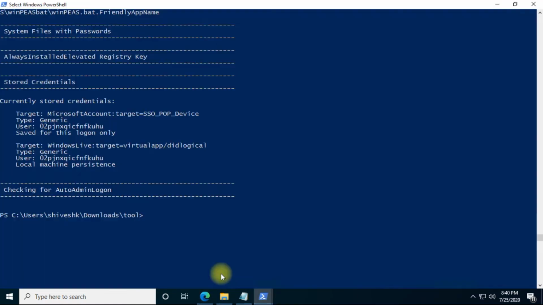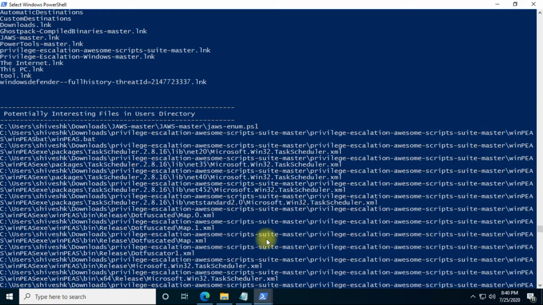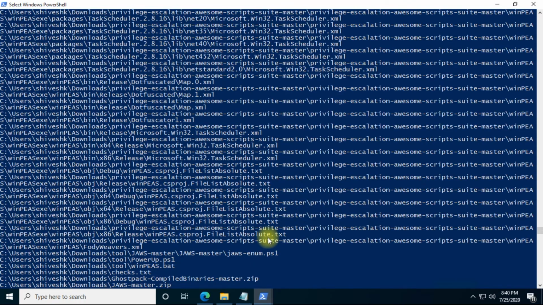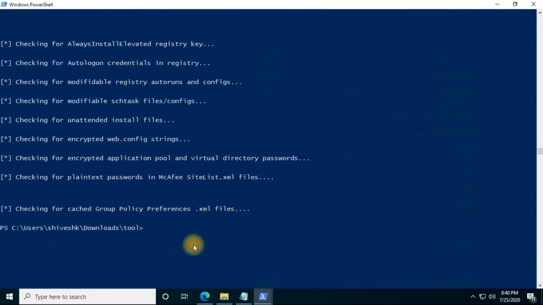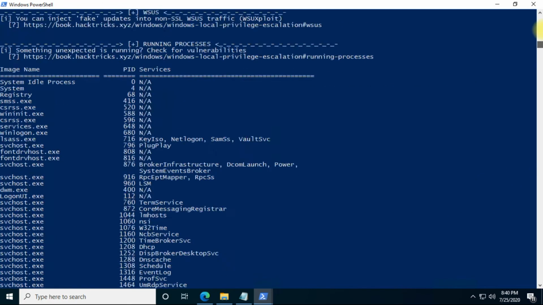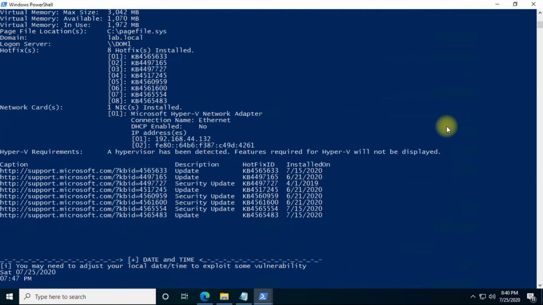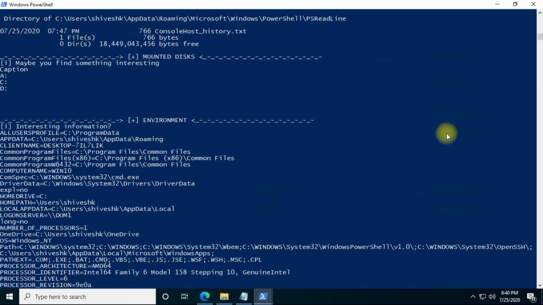As I've run a lot of tools earlier, I'm getting too many outputs.